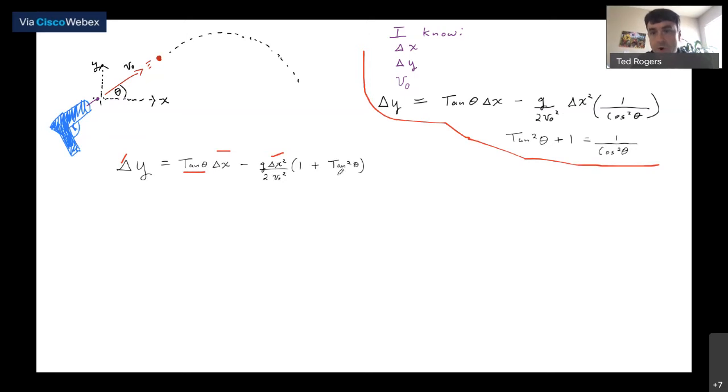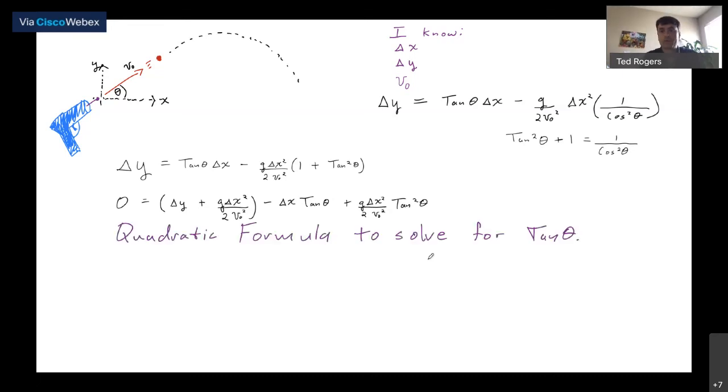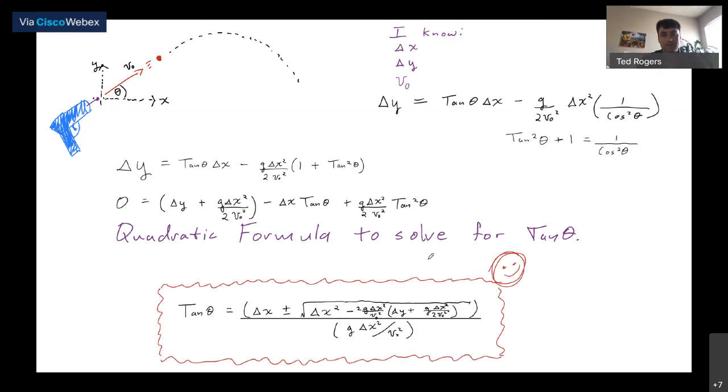So it's basically a quadratic equation in tangent of theta. Okay, and you know how to solve quadratic equations. Use the quadratic formula. Maybe rearrange the equation a little bit to make that easier. Okay, just plug that into the quadratic formula to solve for tangent of theta. And you should get something like this.